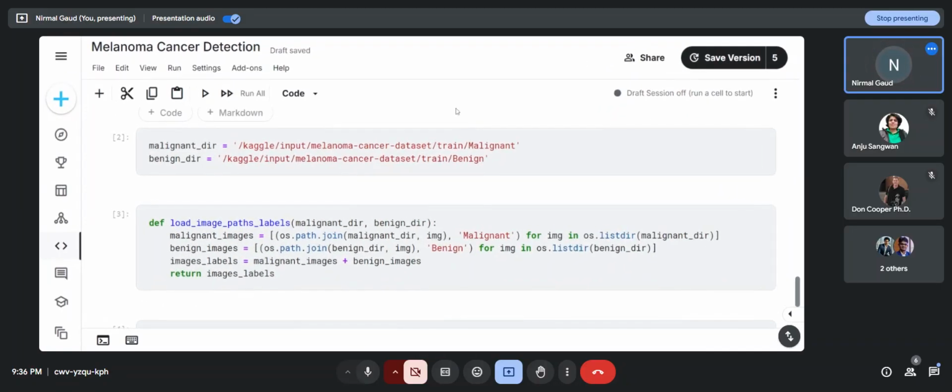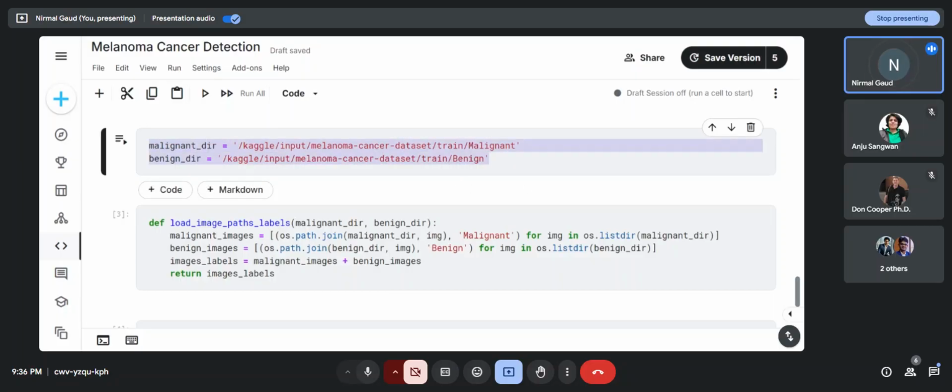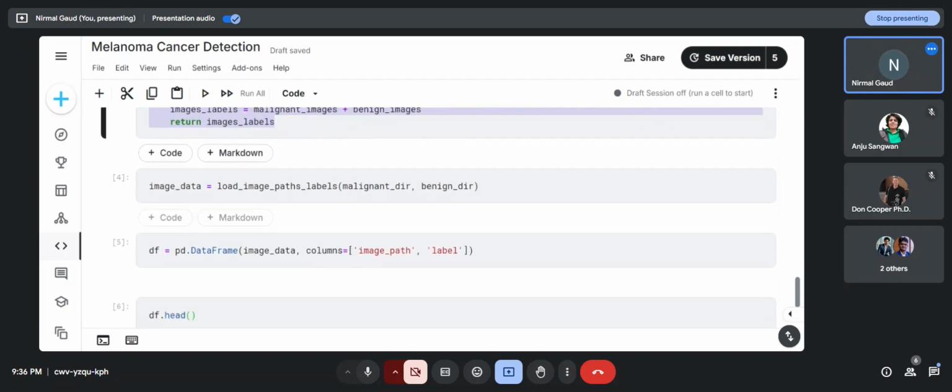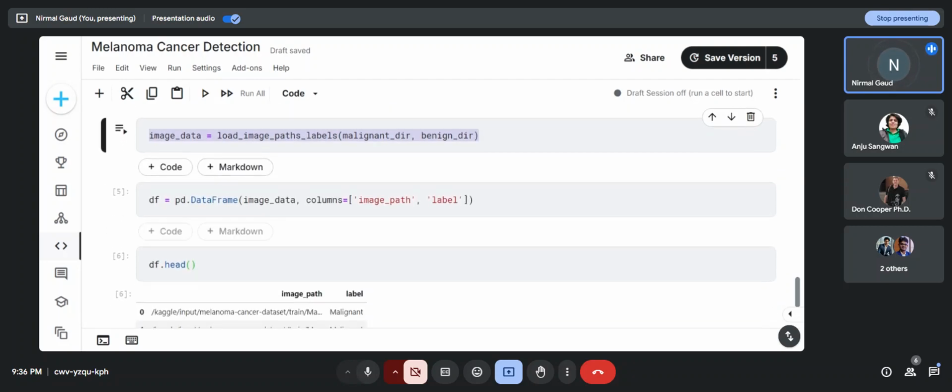Okay, and I used three models yesterday, and I got success on all three. Now I'm going to explore a model more on the data. So for the malignant and benign directory paths, I loaded the image paths in this code and created a